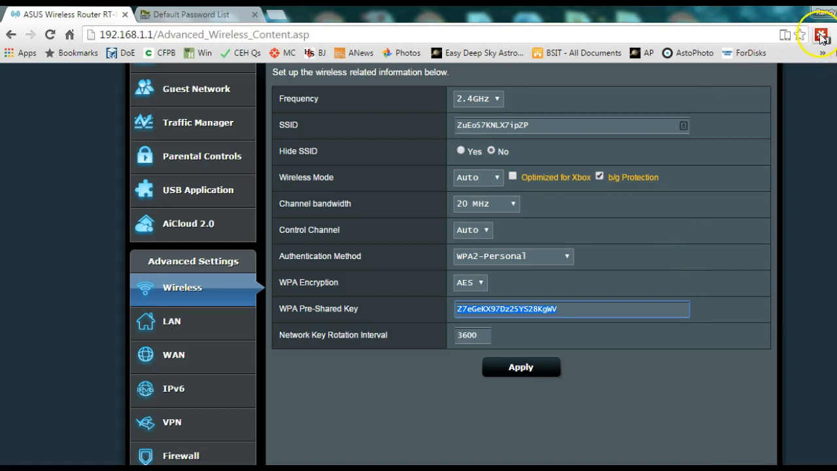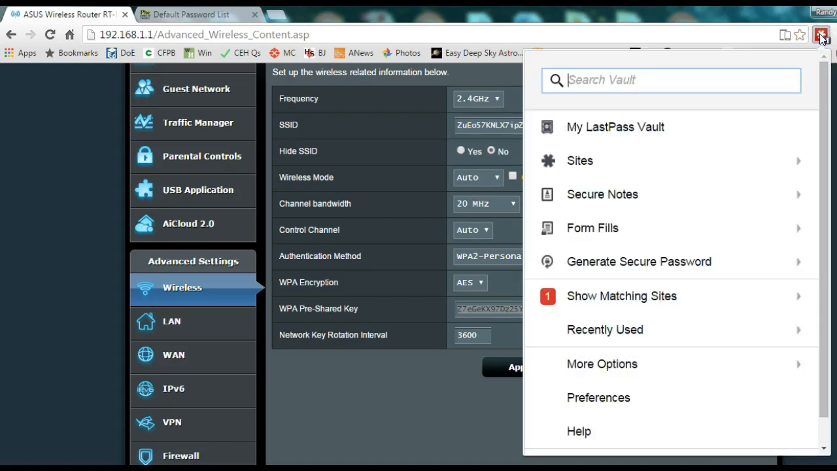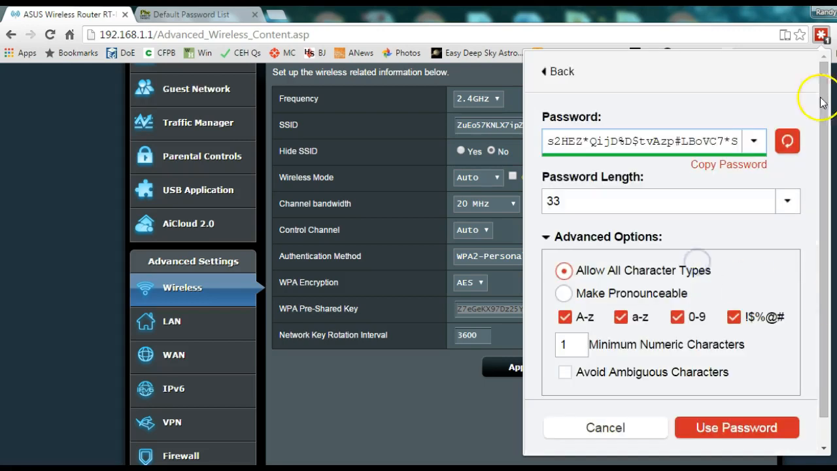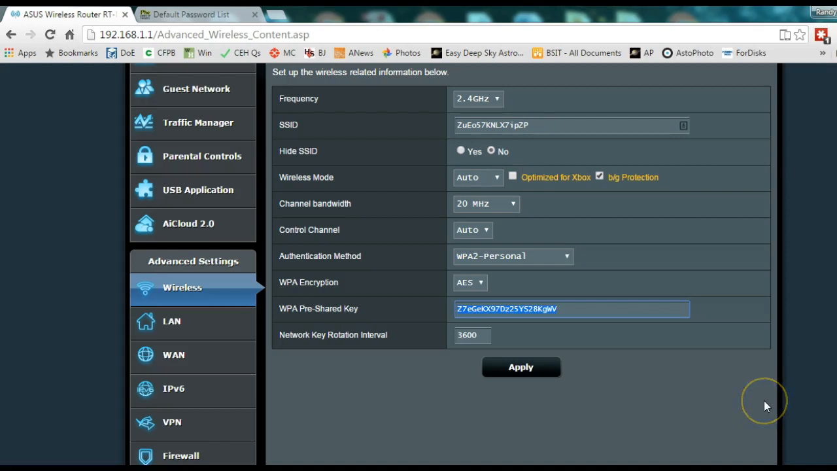Well, if you have a password utility, like I do, this is LastPass, I can go down here to where it says generate password, and I could just kind of click through there. Each time I click, it changes, right? So I could copy password there. If you don't have one of those,